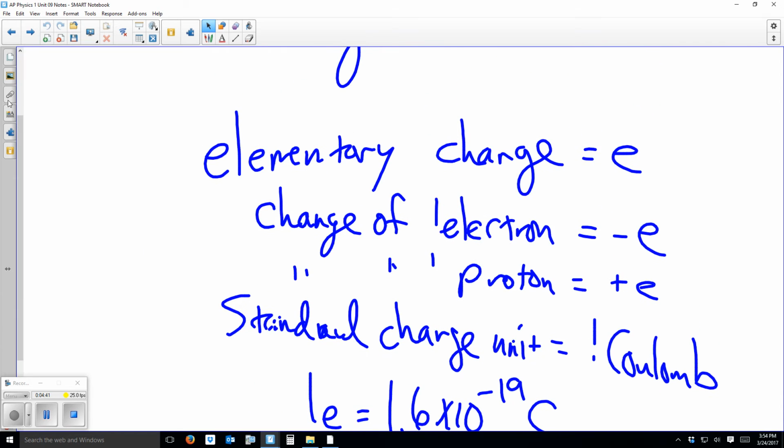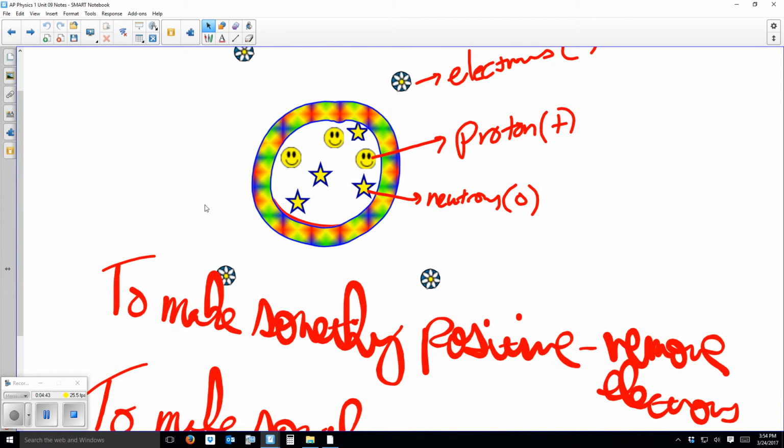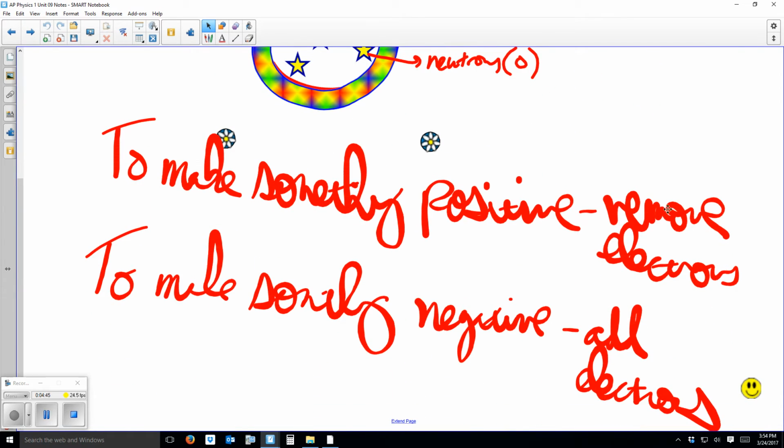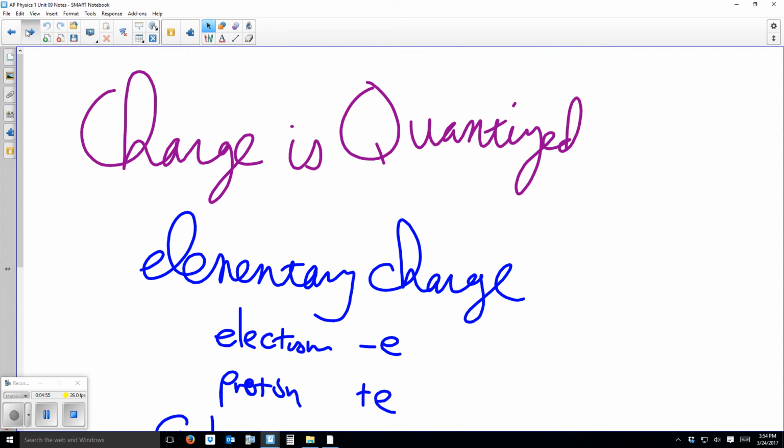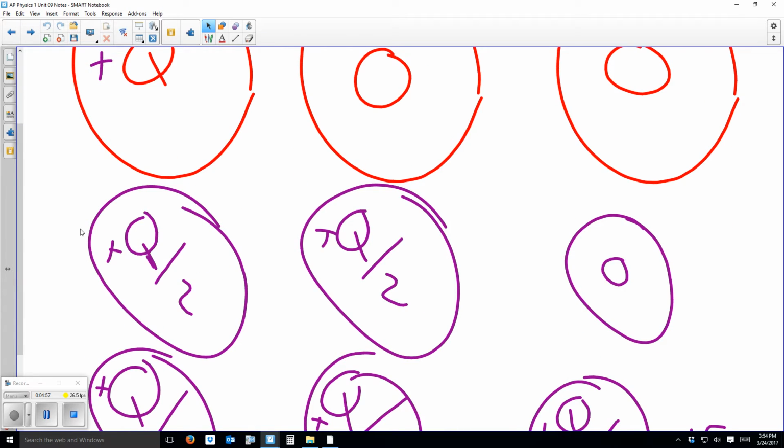All the same stuff. So to make something positive, we're going to remove electrons, and to make something negative, we're going to add electrons. Same idea, we don't move any protons, we only move electrons. So the idea of